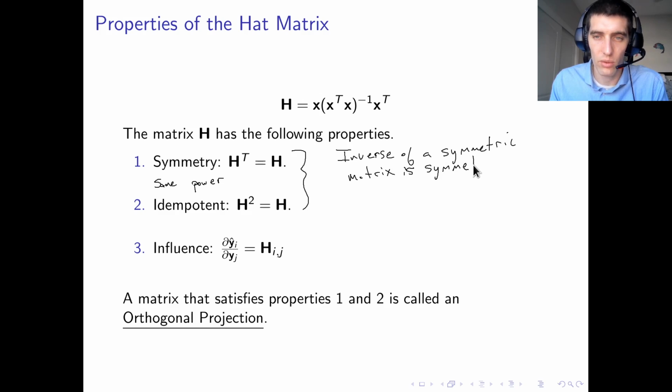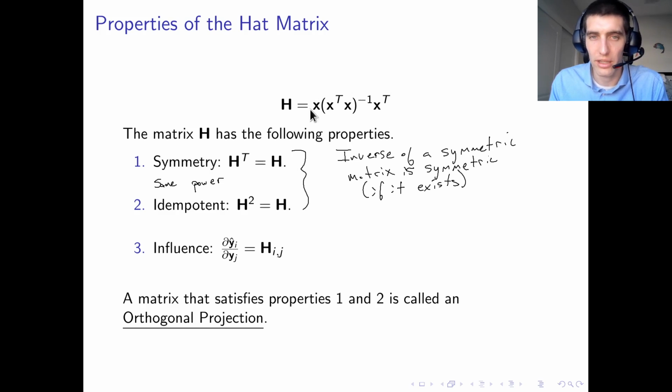This holds if the inverse exists. Not all symmetric matrices are invertible, but if it is invertible and symmetric, its inverse is symmetric. The reason that will matter is that in order to show that H transpose equals H,